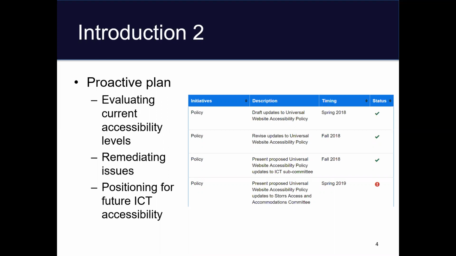And then the proactive piece of this is positioning for future ICT accessibility. So wrapping ICT accessibility into the procurement process and getting the word out about ICT accessibility. You'll want to work closely with template designers so that out-of-the-box templates are accessible. And you'll also want to work with different departments, designers, and developers on remediation. If you're at a big organization that has multiple IT groups, this is going to be particularly important for you to make sure that accessibility is getting wrapped into their redesign process and their initial design process.